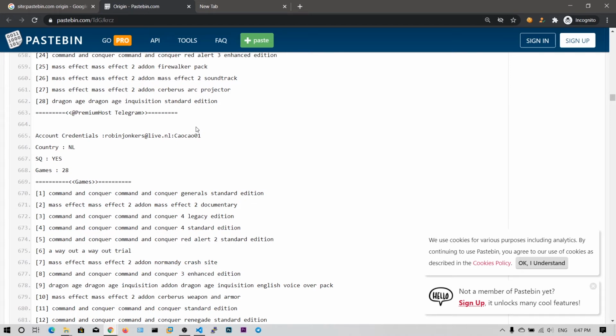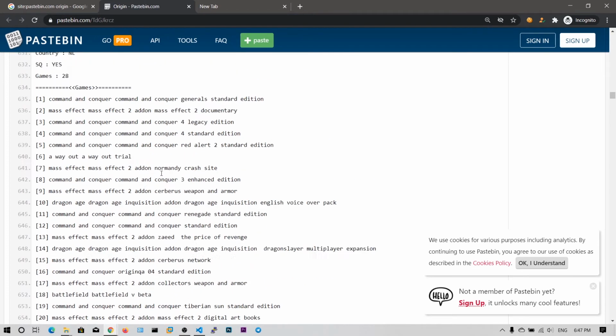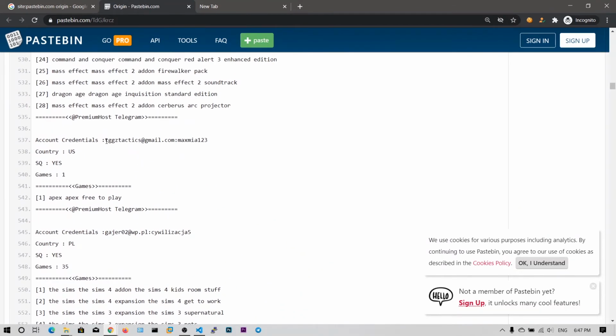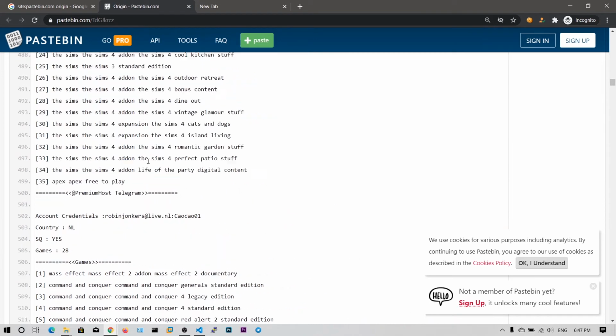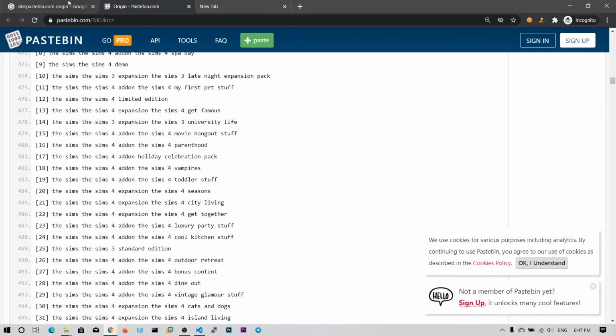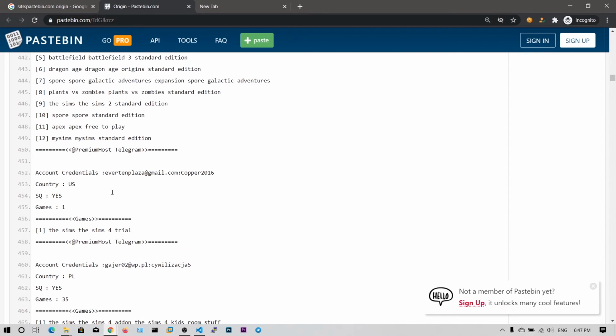I am pretty much sure because I have used this for Battlefield 1, but I did not use it for much time because my laptop cannot handle Battlefield 1. That's why I only installed it. But I am pretty sure that these accounts will work. If you find Netflix or any other thing, maybe those can also work. But I'm pretty damn sure that these Origin accounts will work. You can just try 10 or 20.